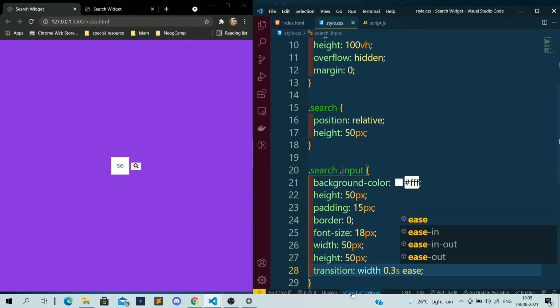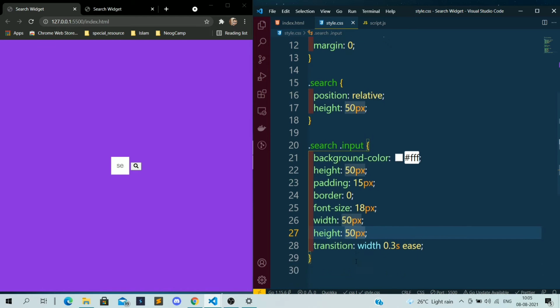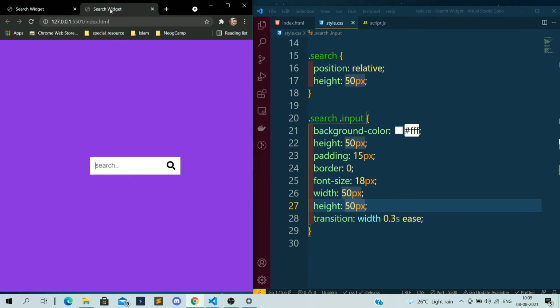I have added this transition because it will increase the width. So I think that's enough for the input field.